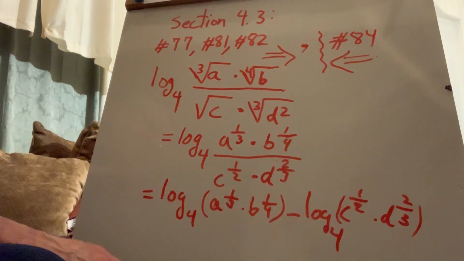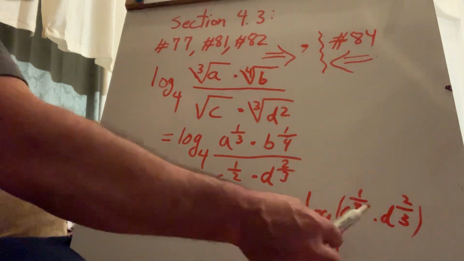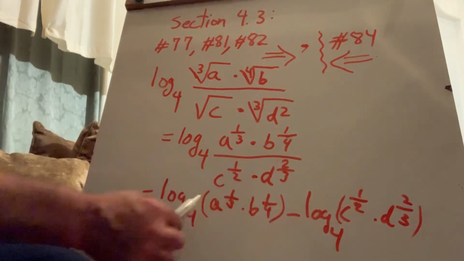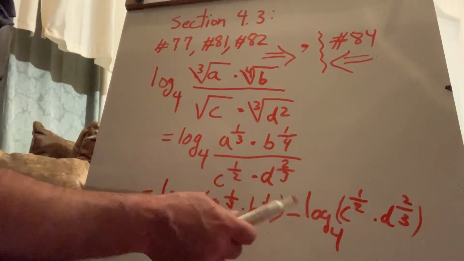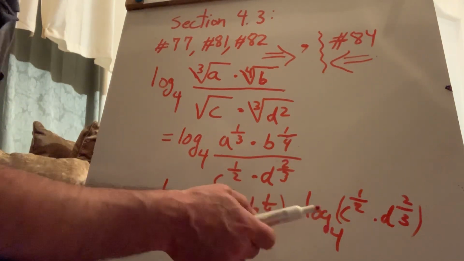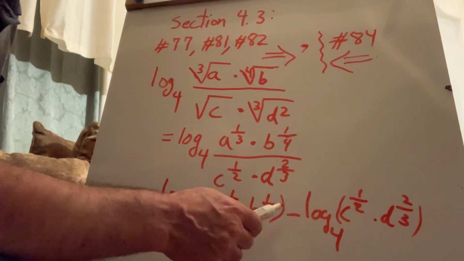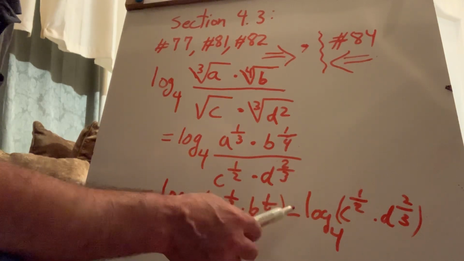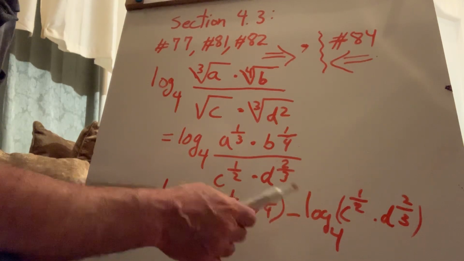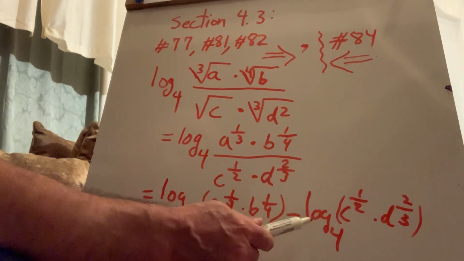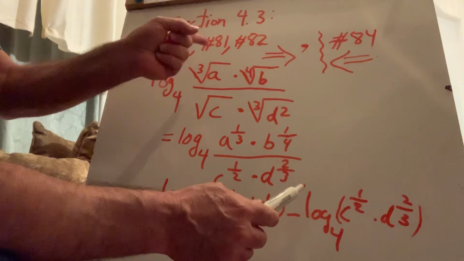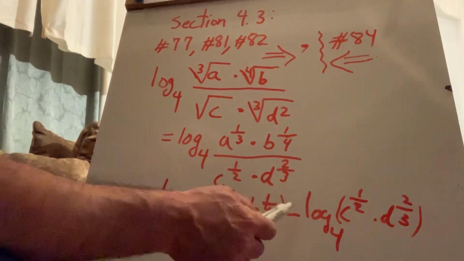So we end up now with two logs. Now we have to go to each of these logs. We have a product in both cases, and of course we have to apply the product property to both. The only thing I want you to pay attention to is, and this is sometimes why some students don't have the same answer as the back of the book for this problem, and I think number 81 has the same idea,